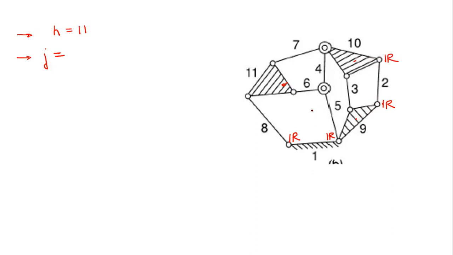Okay, so first let us name the number of simple pairs. So now here again two links are connected, this is also 1R. Here also 6 and 11 are connected, 1R. Then 7, 11 only two links are there, right, 1R. Now here also only 3 and 10, here also only 3 and 9, right? So this is also 1R.